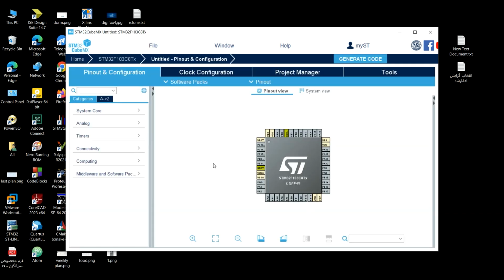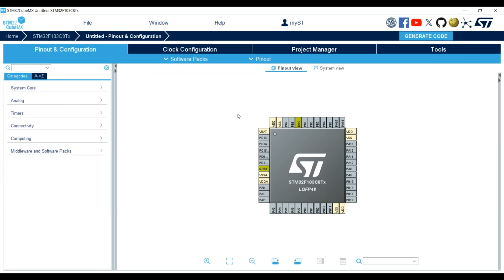Actually, CubeMX is a great thing that has been introduced by ST Microelectronics. It enables the clock of the peripherals, for example, those that are connected to the APB2 bus, and you don't need to do it manually. Usually these functions need knowledge of the addresses of registers. By this graphical interface, you don't need to know the addresses, and everything is done via the graphical interface.